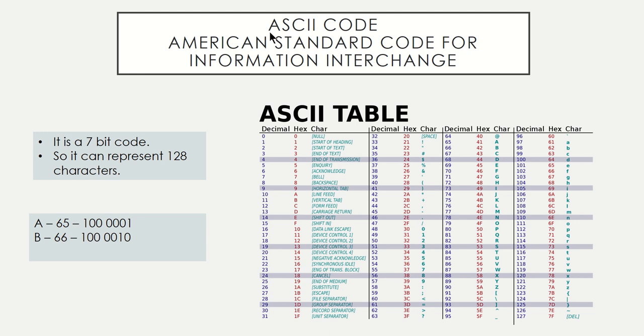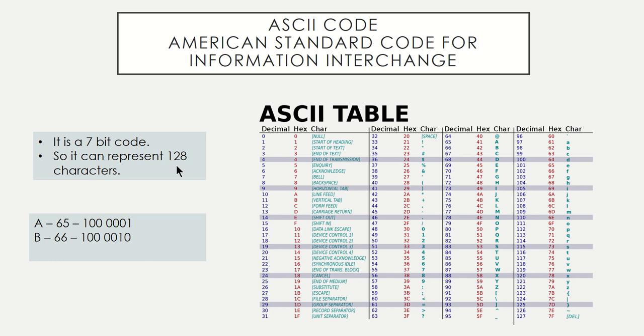In the ASCII code format, it is actually a 7-bit code. So in the computer, it uses 7 bits to represent that code. If it is 7 bits, what is the maximum number that you can represent? If there are 7 ones, what is the decimal equivalent of 7 ones? It is 127. So from 0 to 127 it can represent 128 characters. So with the help of ASCII code, you will be able to represent 128 characters.